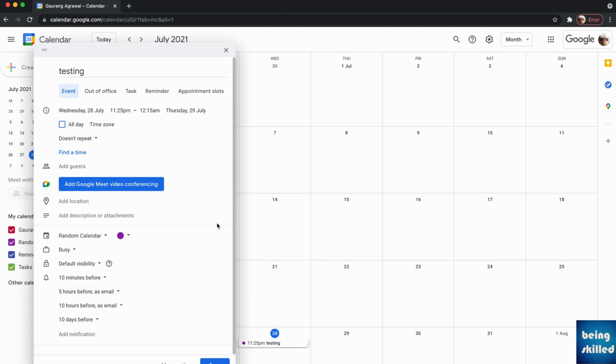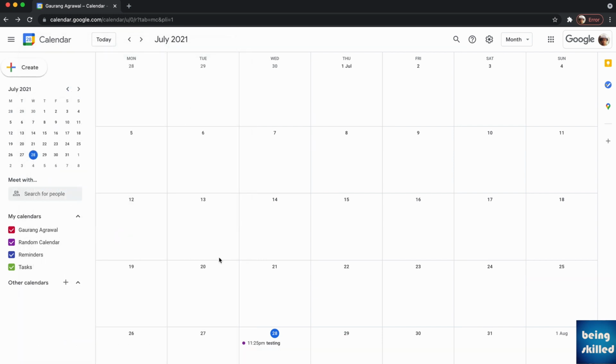set in the calendar, and those will be valid for all the events which you will create in that calendar, which is this calendar. You can choose different calendars which you have in your personal Google Calendar account. So here we have testing. Now we are saving it. So now that event is created in your calendar, which has the name random calendar.